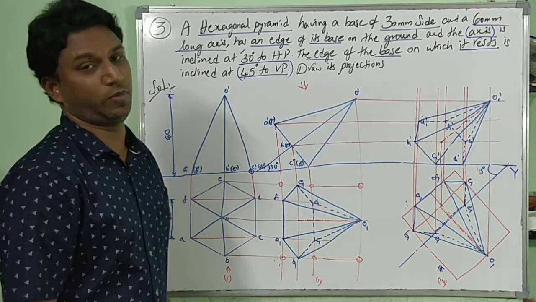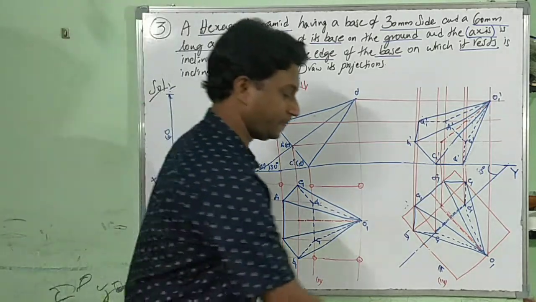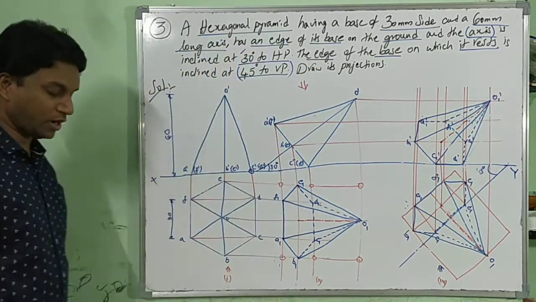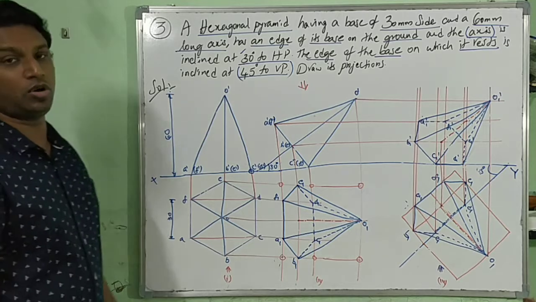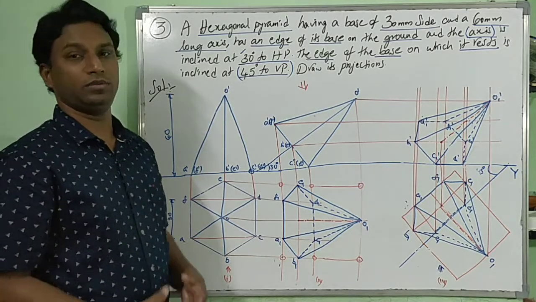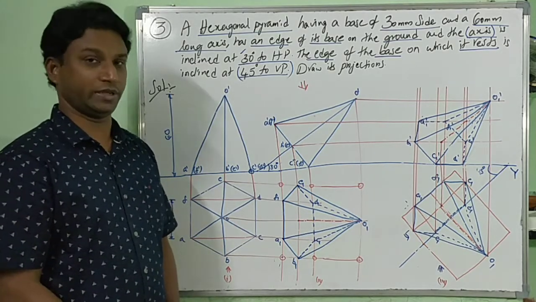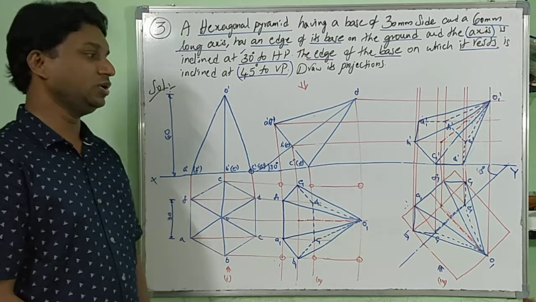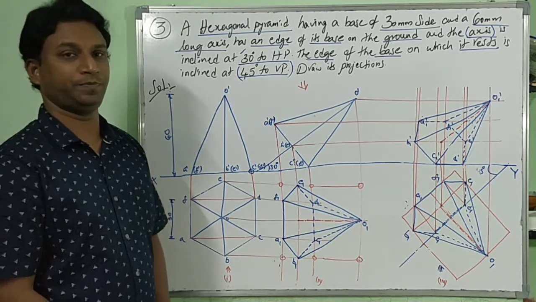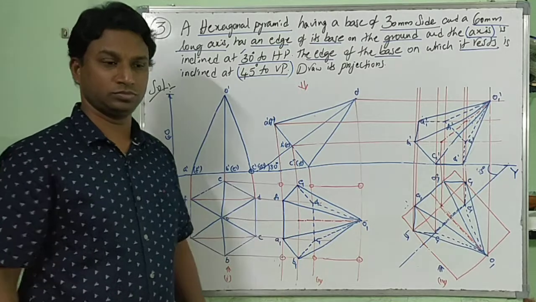Hidden edges are also important, and all axes, up to the axis. I hope you all understand this. Try to draw by going through it twice or thrice. If you still have any doubts, you can contact me at any time. Thank you. Jai Hind.